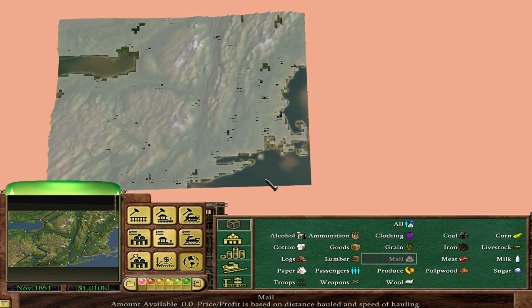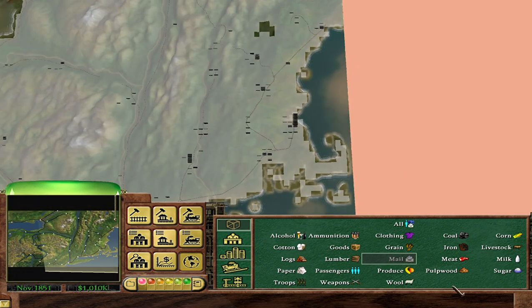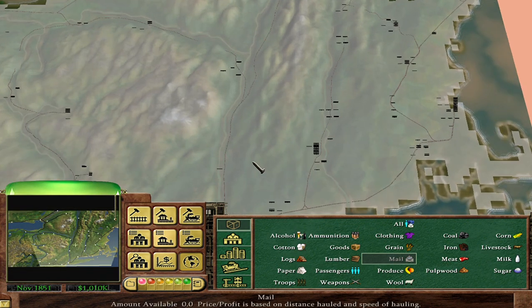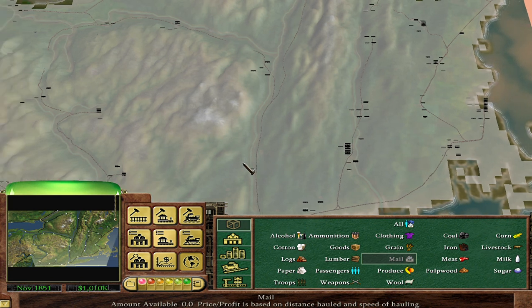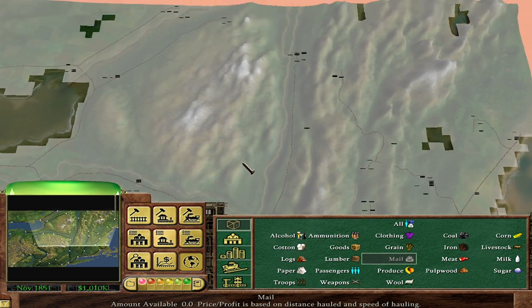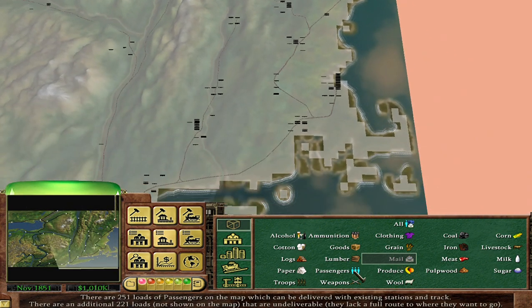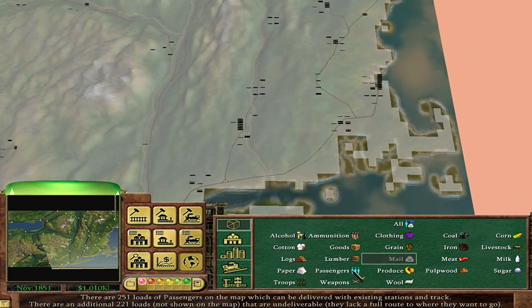Maybe it's that, but then I don't see how you could ever have 0 undeliverable loads not shown on the map. Unless you just somehow manage to have every city connected to every other city without going through another city, but that seems impossible on like 99% of maps. I don't know how the game works exactly, but it's interesting that there are 251 loads of